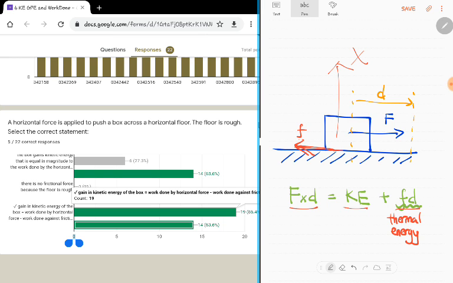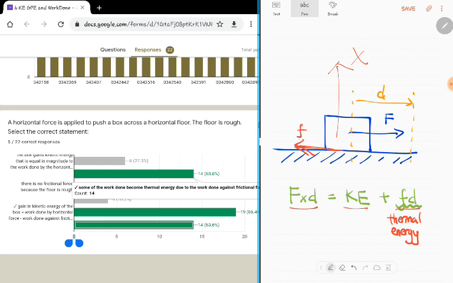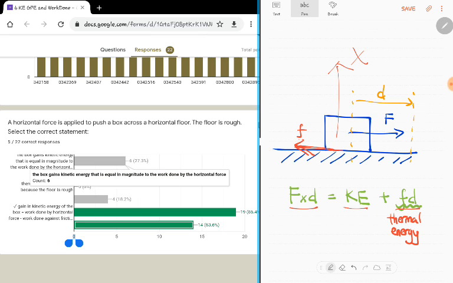Next one is the gain in kinetic energy of the box is equal to work done by horizontal force minus work done against friction. So I see that many of you got this correct, which means that you shouldn't have gotten part 1 just now wrong, because there should be some work done against the frictional force, right? Okay,